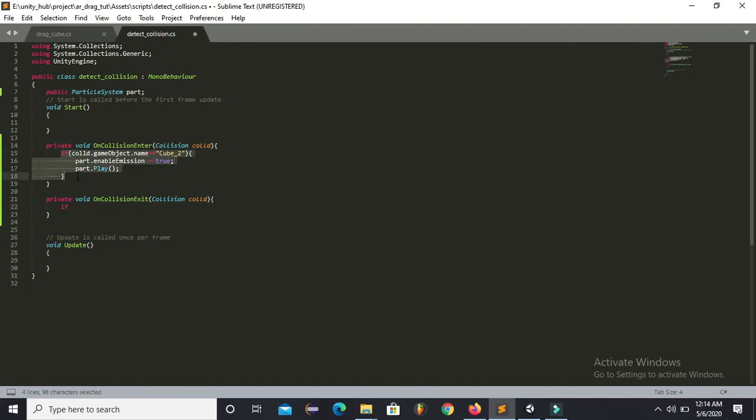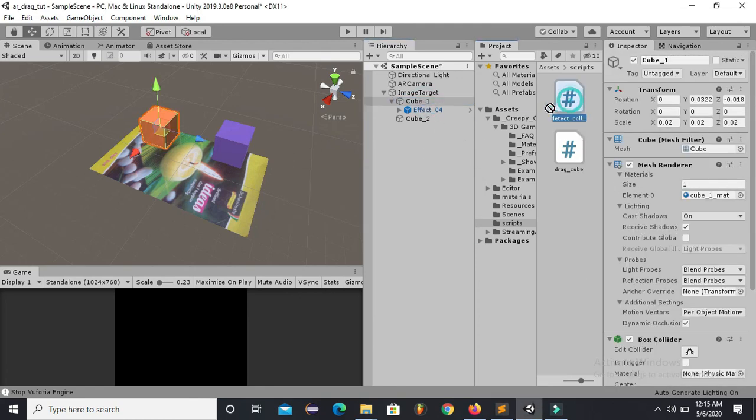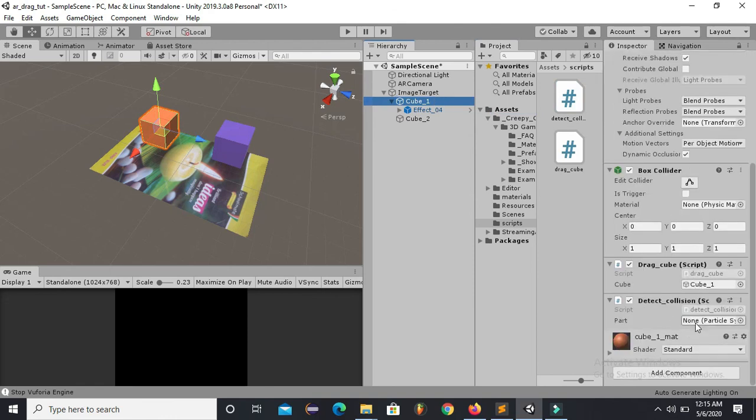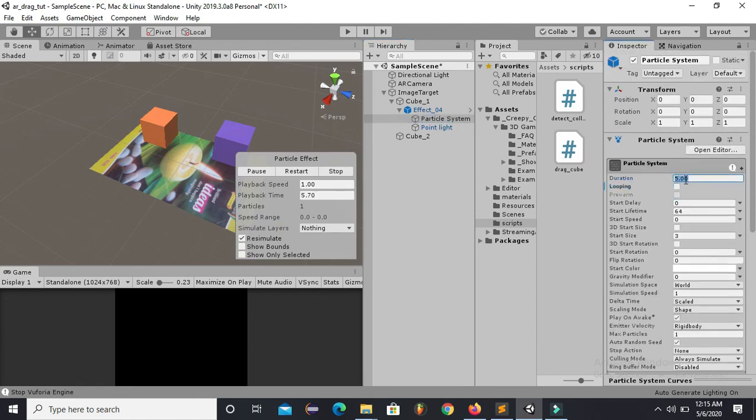So I will just copy it from here, paste, and so whenever the collision exits, this particle system will be turned off. And now go back to the Unity, and we will apply the script DetectCollision to the cube 1, and now there is a place for the particle effect object, so I will place it over here. And now one more thing I want to tell you, just go through the settings of this particle system,